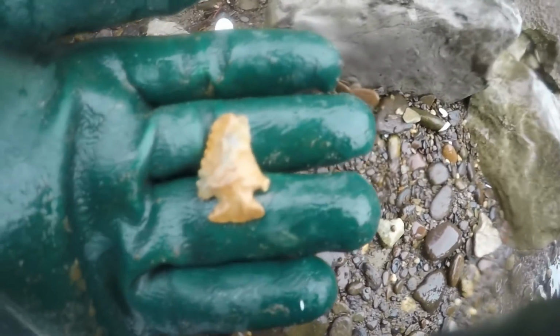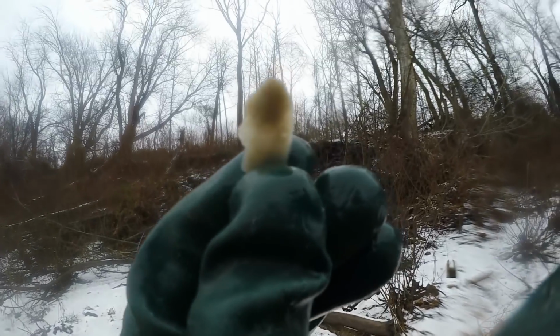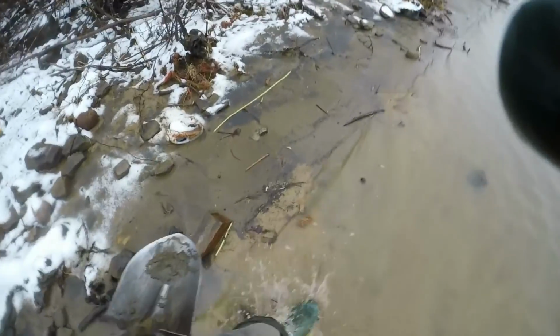Man. Well, anyway, later. I'll try to find some more stuff. This flake I just got in that last screen. That stuff's nuts. It's beautiful. See, I've been scraping around in here. I've been finding some flakes of flint, but nothing else. I'm starting to get cold. You can see it's raining. I'm wet, and that's not good. And there's snow on the ground, so